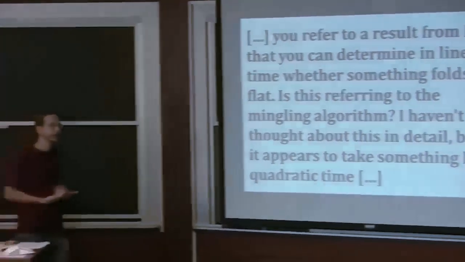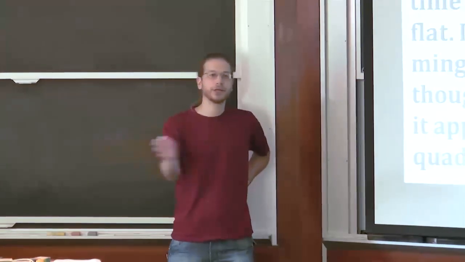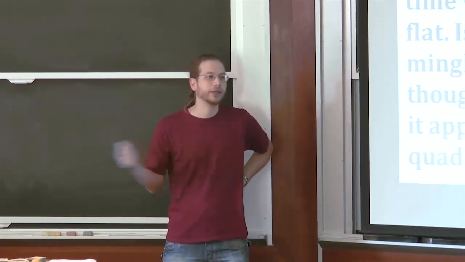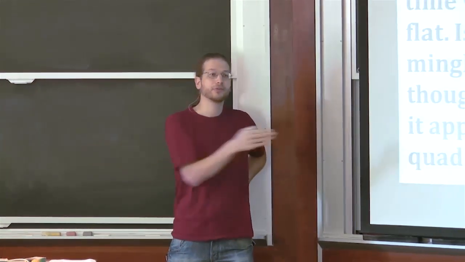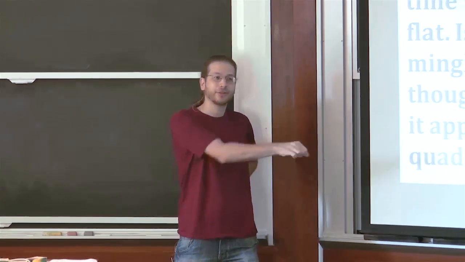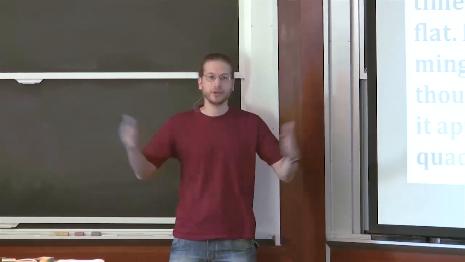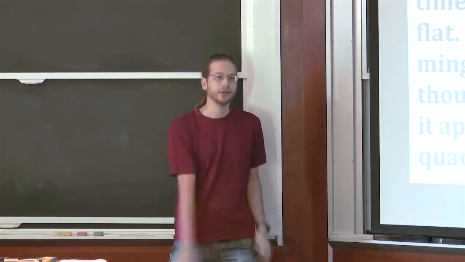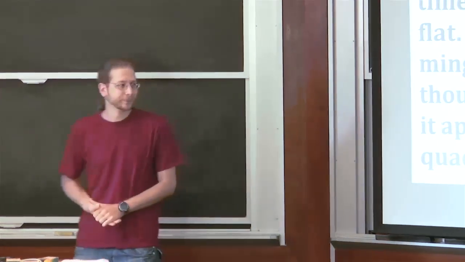That's true. But the obvious way to implement that algorithm is to sweep over the crease pattern, look for any crimps or n-folds. If you find one, do it, and then repeat, and keep sweeping. That would take quadratic time, because in the worst case, every scan, you have to look through the whole pattern, and at the very end, you find what you need to do. So after about n operations, where n is the number of creases in your pattern, you find what you need to do, you do the operation, and then you repeat. So n plus n plus n times is n squared.